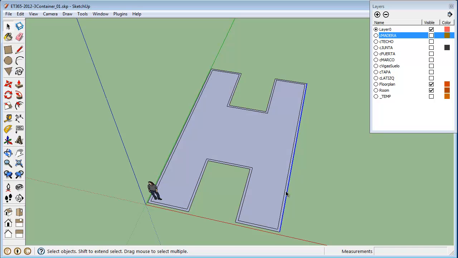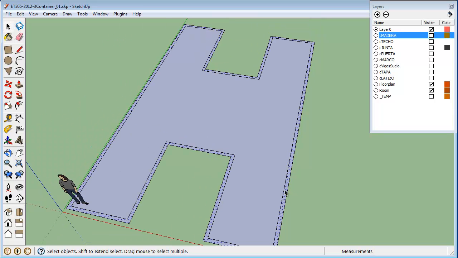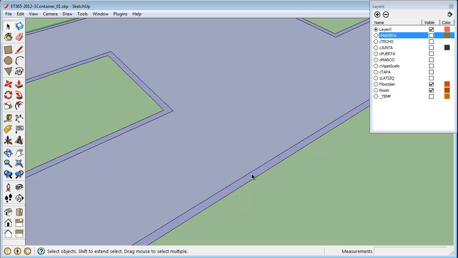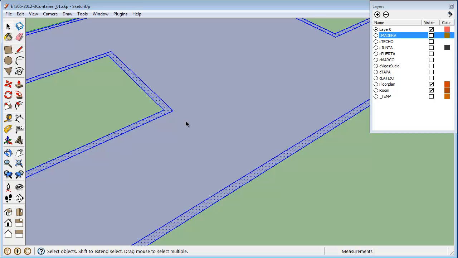This exterior, this portion here, the 5-inch bit around there, that's going to be my exterior wall. Now what I would like to do actually is make a separate element out of this. I'm going to select all the bounding edges, and I'm going to make that into a group